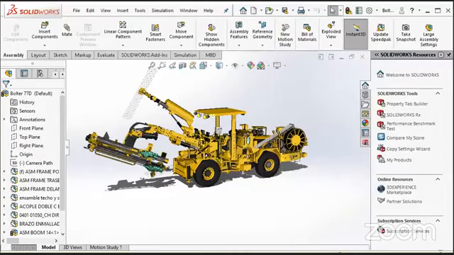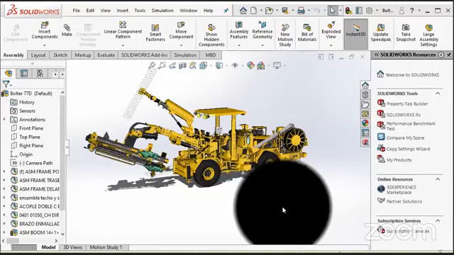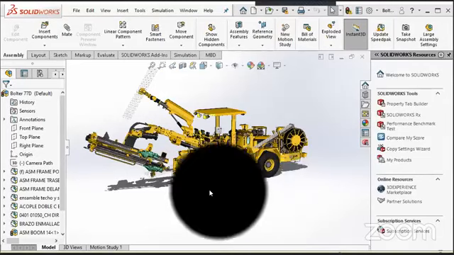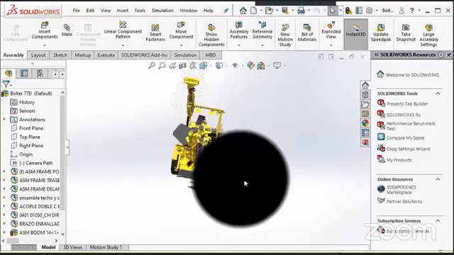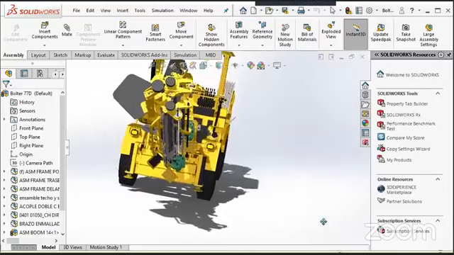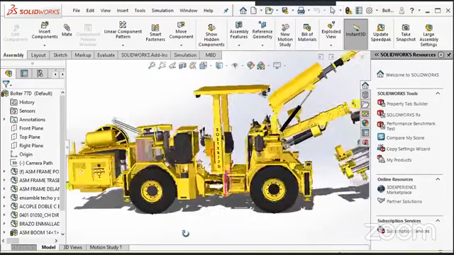I hope you can see my screen. In this demonstration, our design work will focus on the boom that supports the drill head. So let's take a closer look.